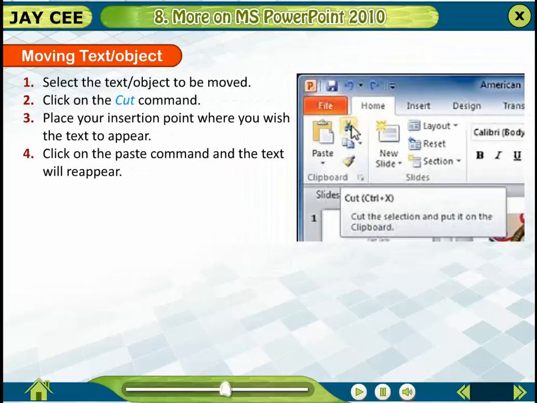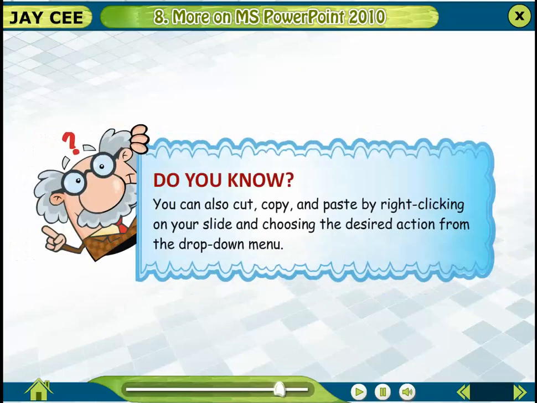Select the text or object to be moved. Click on the Cut command. Place your insertion point where you wish the text to appear. Click on the Paste command and the text will reappear. Do you know? You can also cut, copy and paste by right-clicking on your slide and